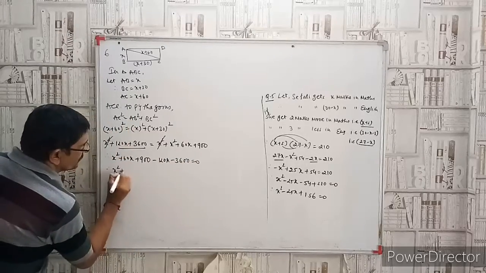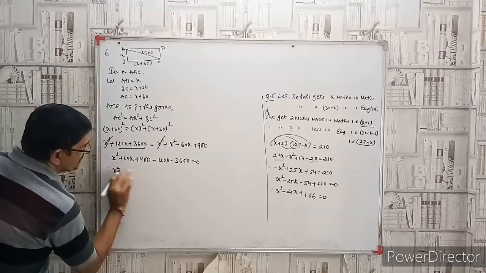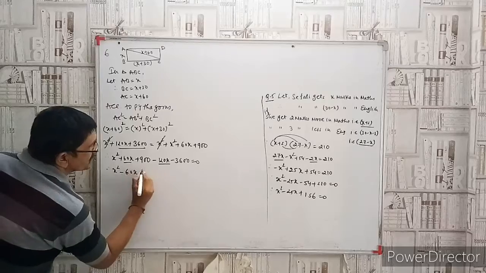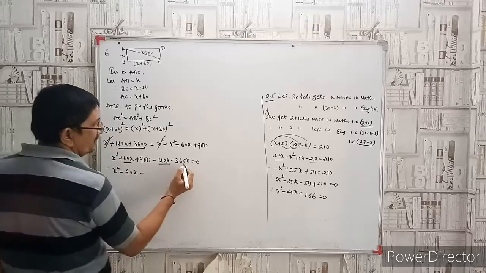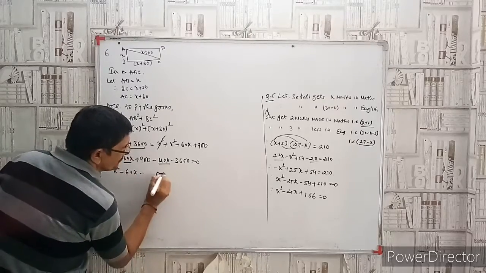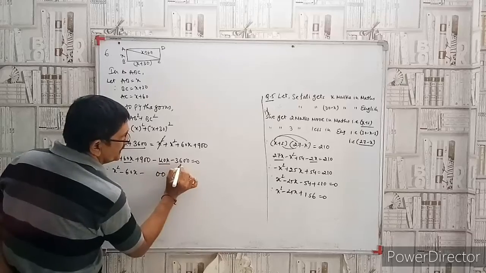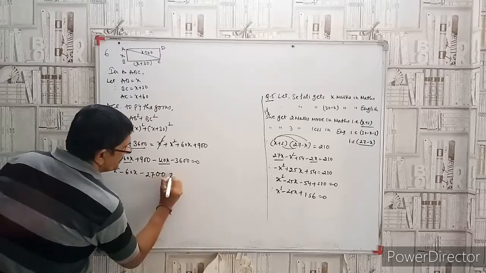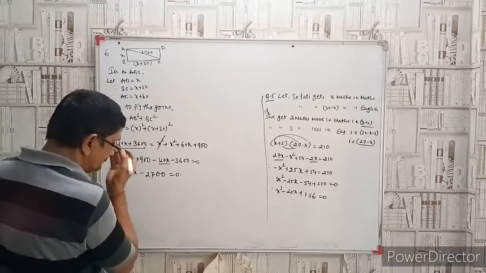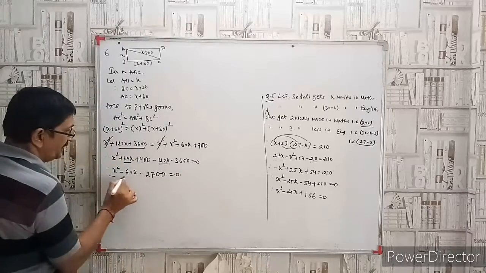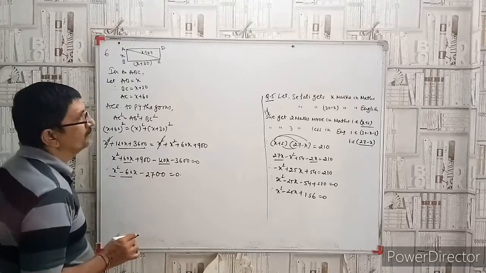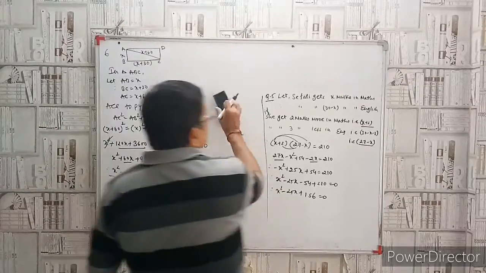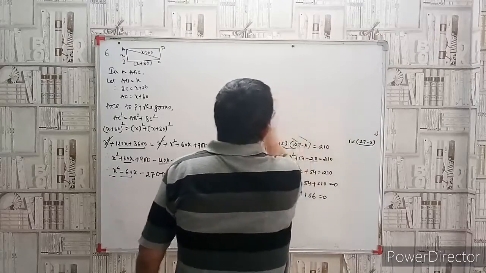So therefore x square minus 60x minus 2700. Okay, A, B and C, so alpha and beta we have to find out by the formula method. Clear? Next,